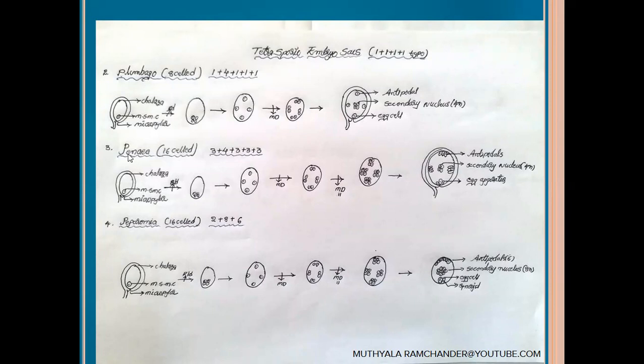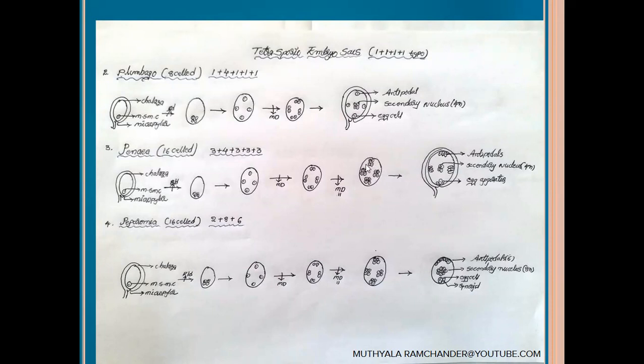And the second type is Penaea. Penaea contains 16 cells at the matured stage. They are arranged in 3+4+3+3+3 arrangement. See, in Penaea species of angiosperms, in the ovule, one single diploid cell from the nucellus acts as a megaspore mother cell. It participates in the meiotic division to form 4 haploid megaspores. The 4 haploid megaspores are arranged in 4 corners of the embryo sac. They participate in the first mitotic division and second mitotic division to form a total of 16 cells.